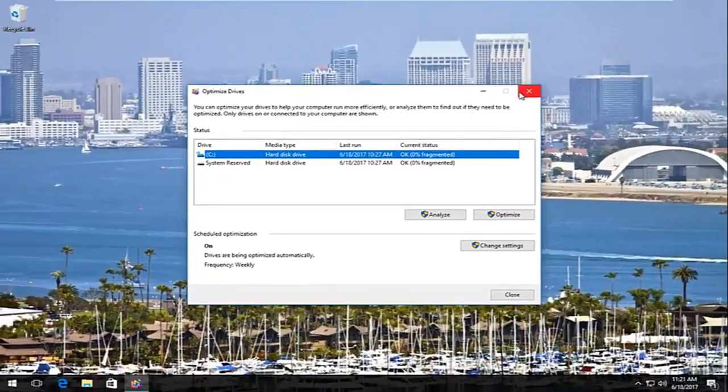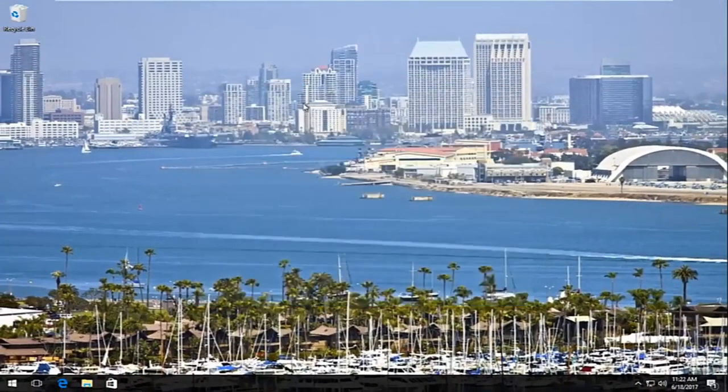So pretty straightforward. There are quite a few different things we can do to speed up your computer, but as always, I hope this brief